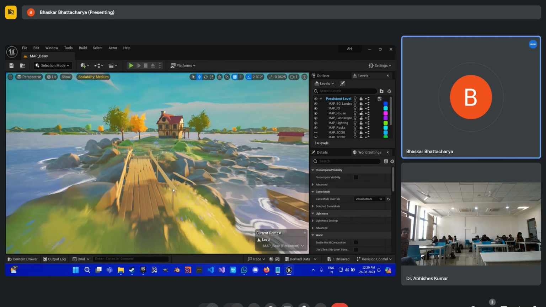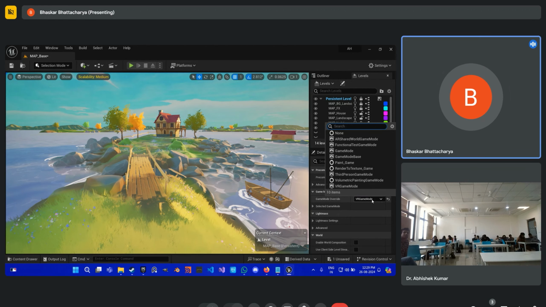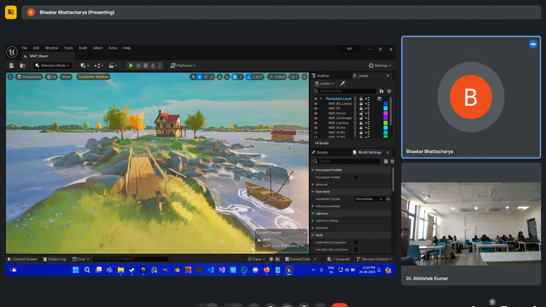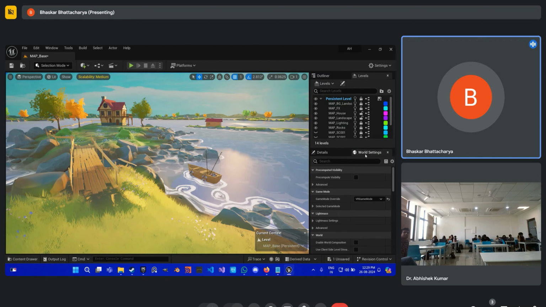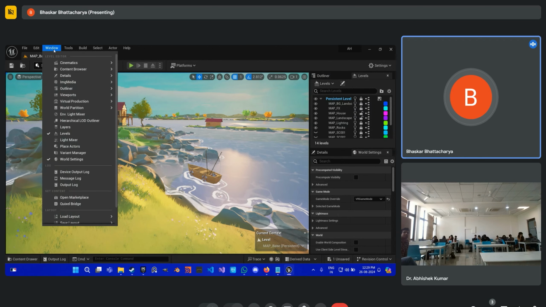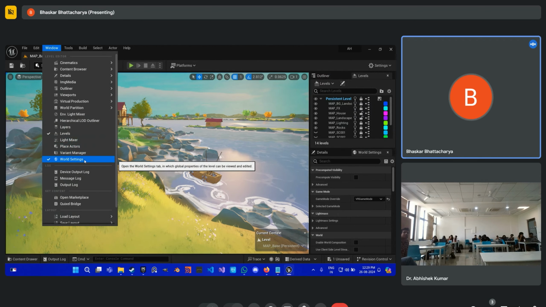Okay, one more thing: you can override your game mode from here as well as from the world settings tab. You can open this by clicking on Window and going to World Settings. So I'm going to choose the third person game mode for now, and we can just play this and see what kind of problems we can possibly face. I was just testing this scene,